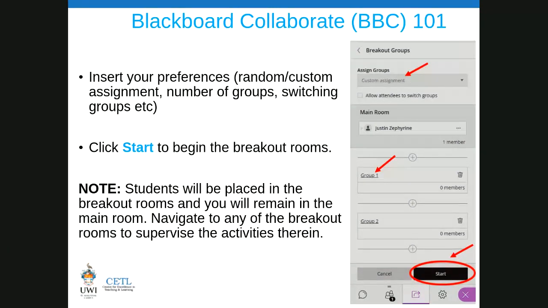In a case like that, good question, Keisha. You would need to customize the groups, right? But you can save it through myeLearning. So if you want to keep them in groups for the entire semester, you can do it through myeLearning, but not through Blackboard, unless you customize it every time you create a group.